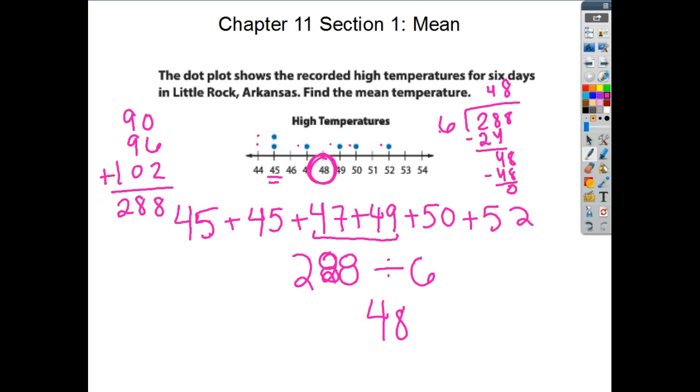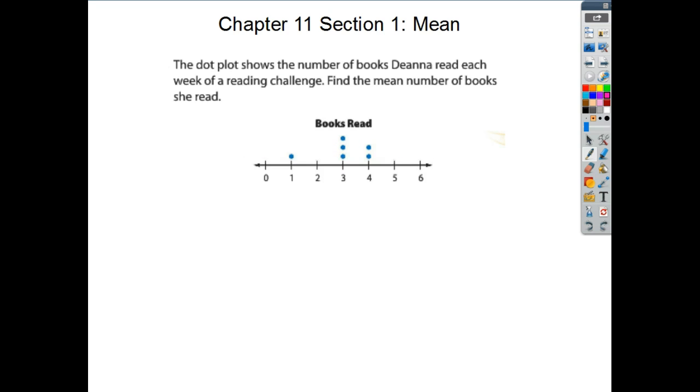It's just telling us that based on all those data points, that's the one that's going to be the balance point between the temperatures that were above it and the temperatures that were below it. Okay, now you're going to go ahead and try one more. So the dot plot shows the number of books Deanna read each week of a reading challenge. Find the mean number of books she